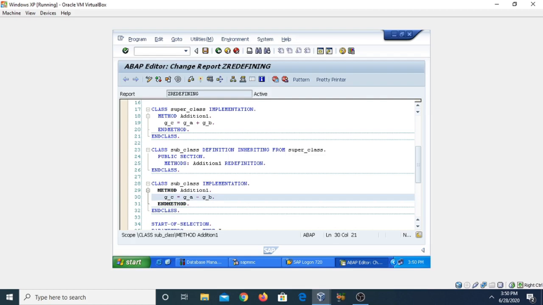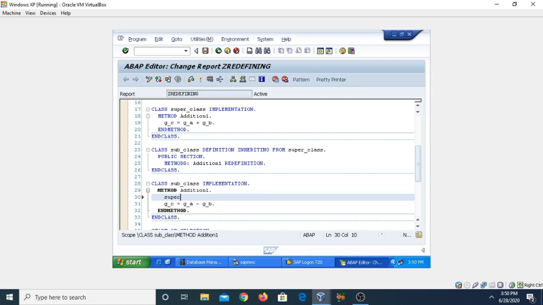So this is our subclass. In this subclass we have defined the method addition1 redefinition. In this case we are defining the functioning of this method. So after performing some operation we can call super. So we can use the super keyword here.